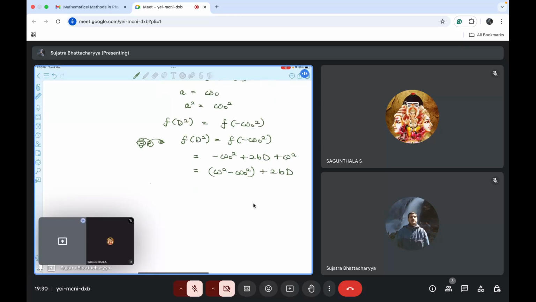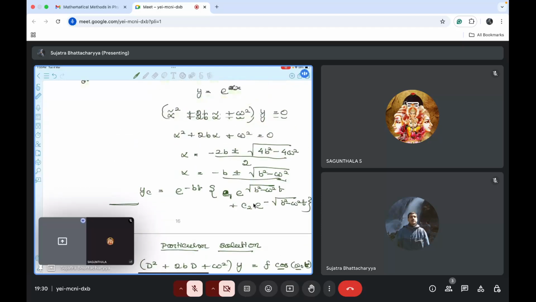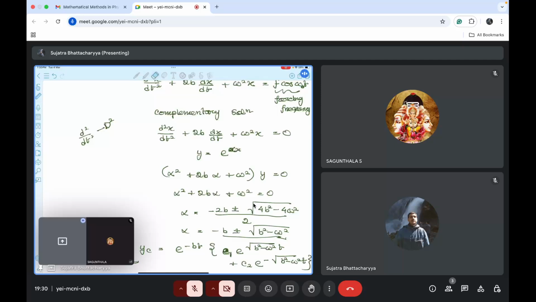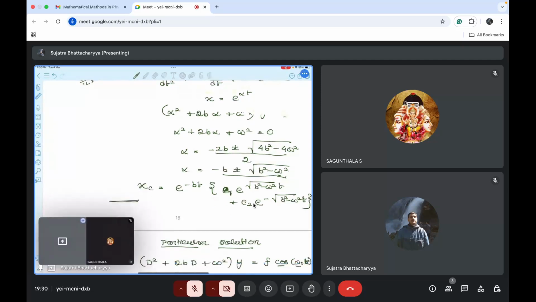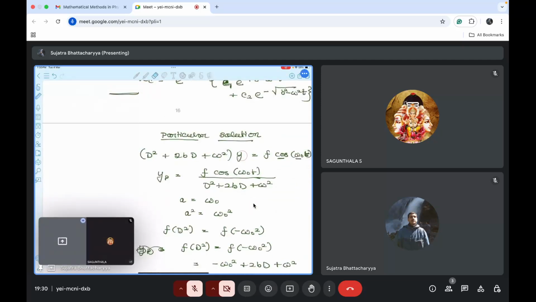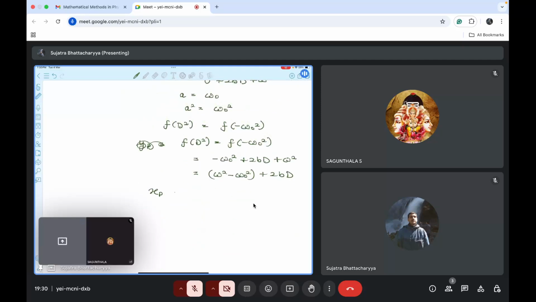Okay. So now your x of p, instead of writing y, let's say x, that will be better because this is in terms of x. So let me write it in x term, so e to the power alpha t. Let me write this also as x of t, and x of p, particularly, is the solution. Okay, so x of p